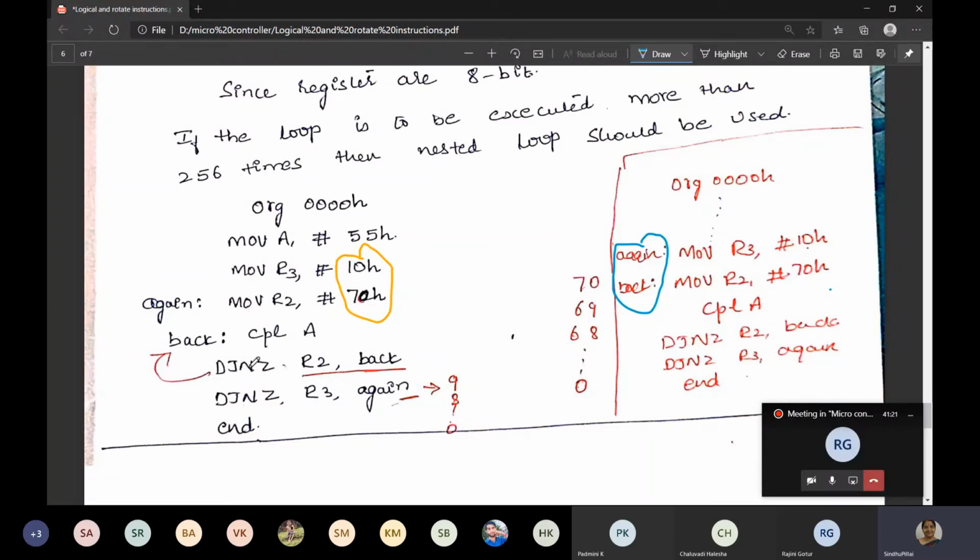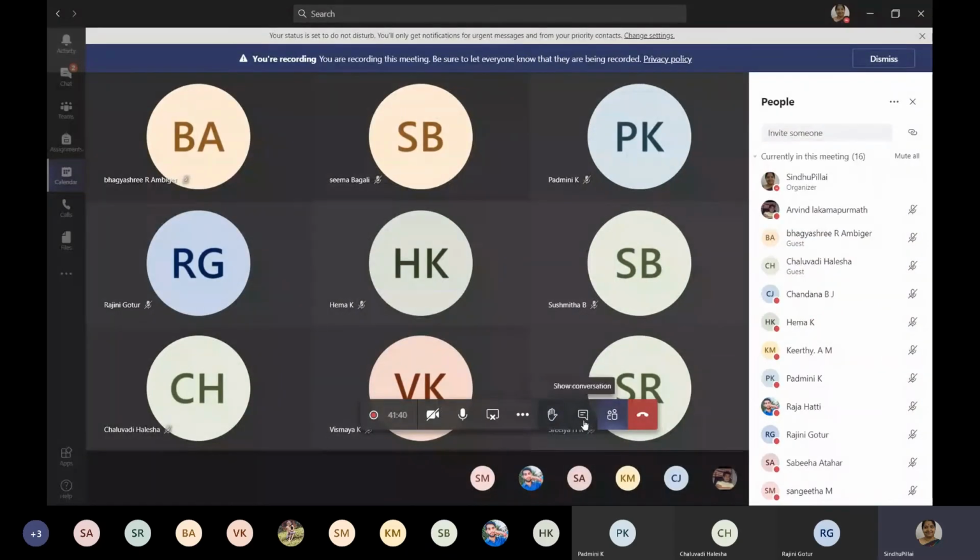So here 2 decrements are used, and since they have given 700 times, we have gone with 700. You can go with 500 times. You can try an example for 500. You can try an example for 800 in different ways. This is a very important program. They have asked it many times. I hope you have understood it. Thank you.